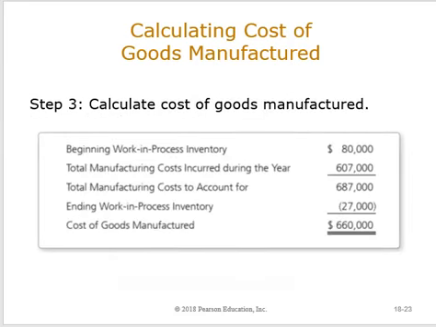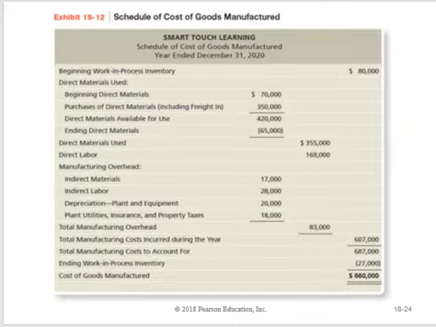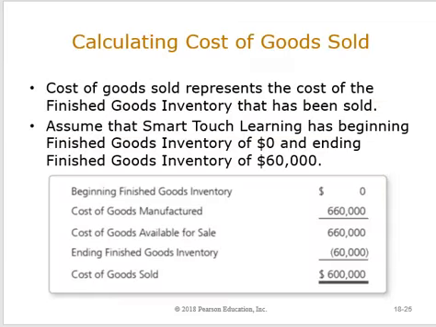Okay, calculating cost of goods manufactured, I will have a separate video and I'll show you how to do that. I'll write on a whiteboard and you can see that. By the time you're done, we will do an elongated problem where you will finally figure cost of goods manufactured. I don't like to do that in the first week. I like to do separate practice problems. After we start working, by the time I test, I will have you do an elongated one like this. We move on. Finally, calculating cost of goods sold. Again, I will have a separate video.